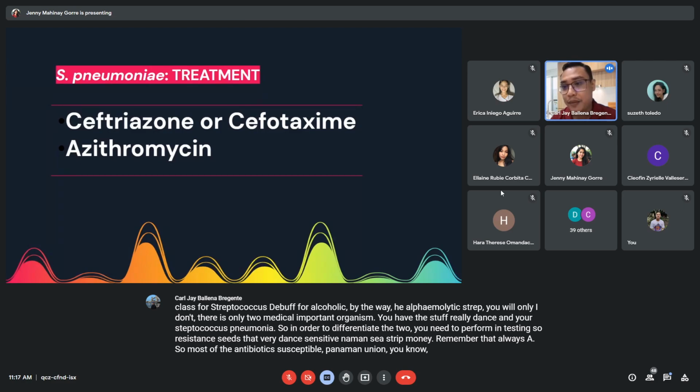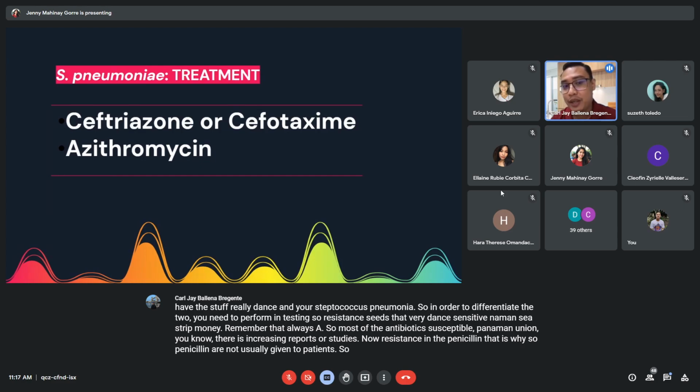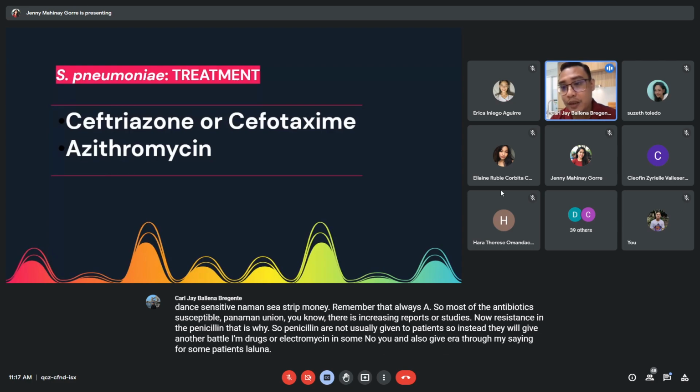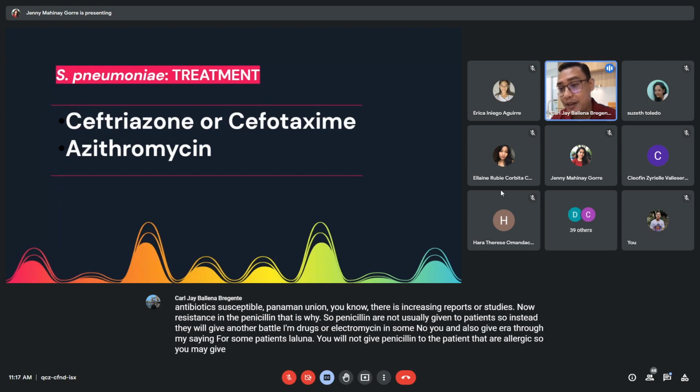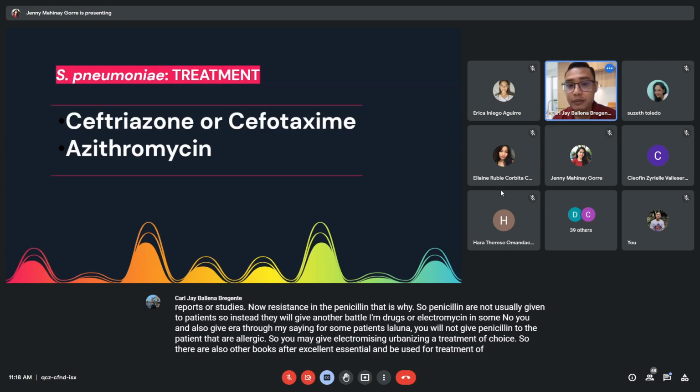Pero there is increasing reports or studies na resistant sila to penicillin. That is why penicillin is not usually given to patients. So instead, they will give another beta-lactam drug, or they can also give erythromycin for some patients. Lalo na, you will not give penicillin to the patient that is allergic. So you may give erythromycin or vancomycin as treatment of choice. There are also other books, ceftriaxone, azithromycin can be used for treatment of lobar pneumonia. Okay,